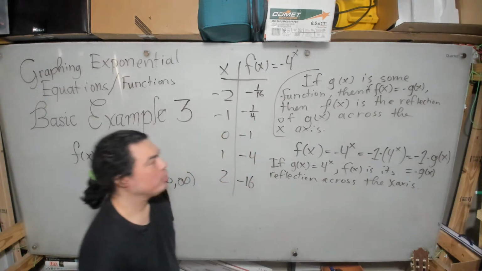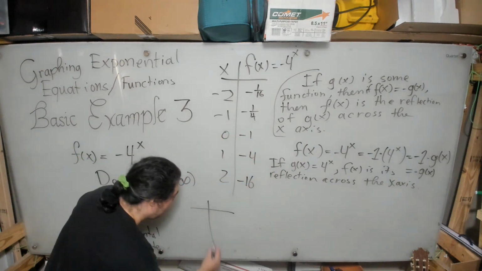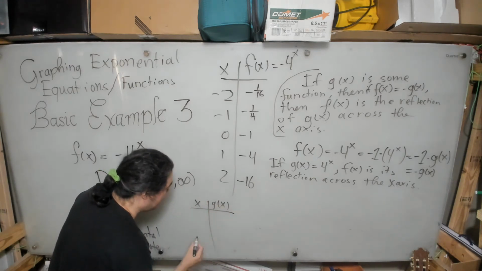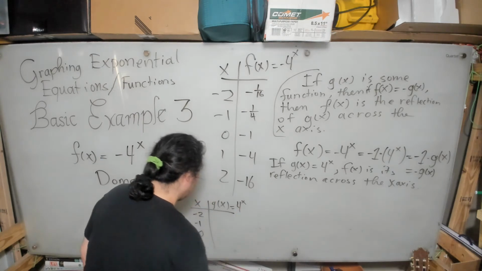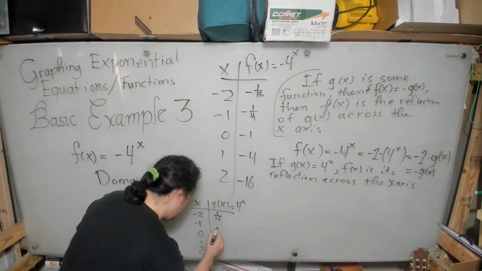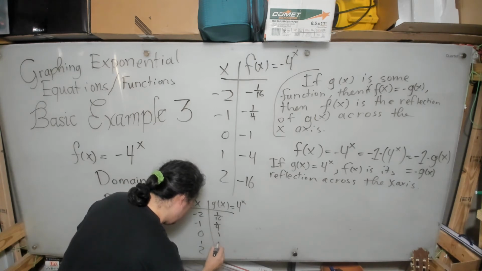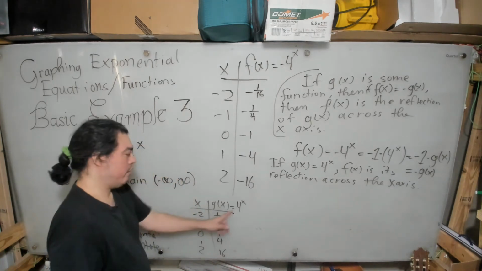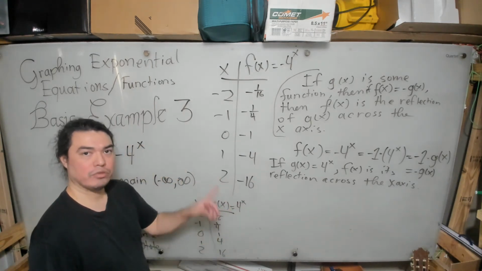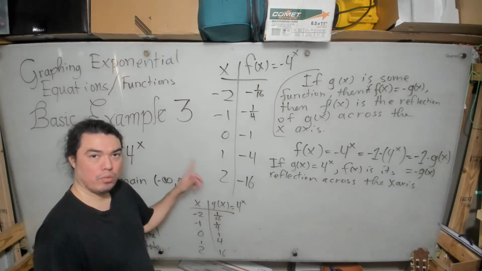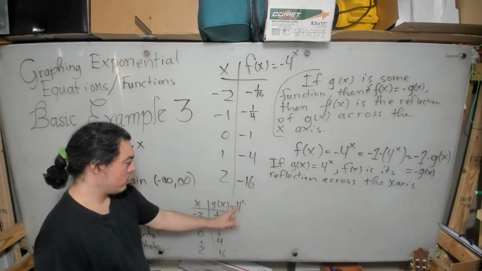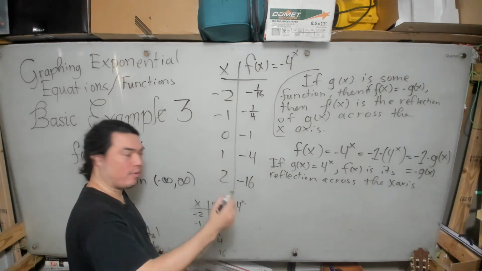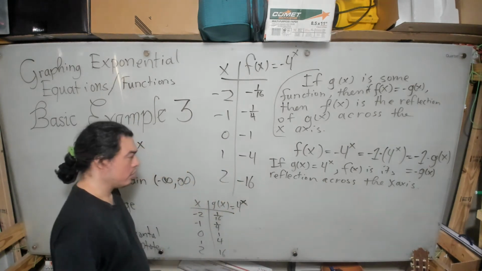Now, you can very easily make a table for g of x, and I'm going to do it here, but you can verify it on your own, because the numbers here are designed to make that very easy. 4 to the negative 2, that's 1 over 4 squared, that's 1 over 16. 4 to the negative 1, that's 1 over 4 to the positive 1, that's 1/4. 4 to the 0, that's 1. 4 to the 1st power, that's 4. 4 to the 2nd power, that's 16, because 4 squared is 2 copies of 4 multiplied, that's 16. So if I were to graph this here,